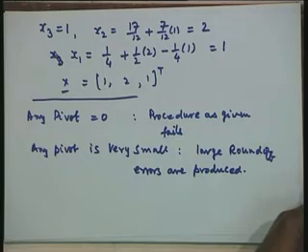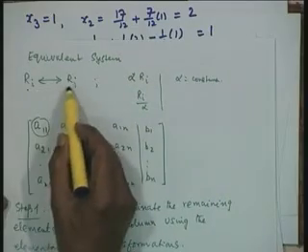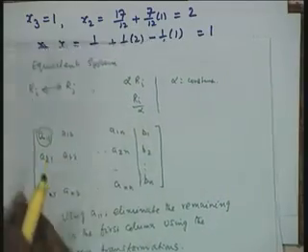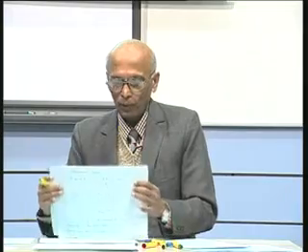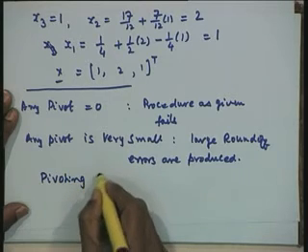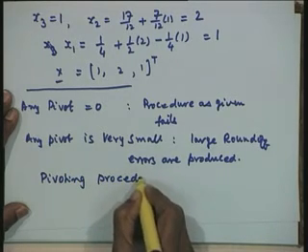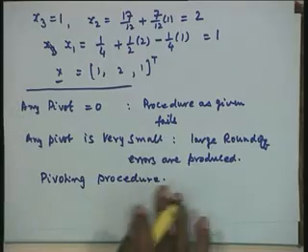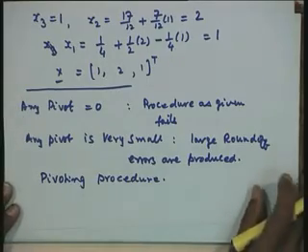Now, in fact, what the computer software does is that we shall go in and also use the other elementary row transformations, that is, interchange of rows. We shall call that the pivoting procedure. So, such a thing is called a pivoting procedure. I would just briefly explain and close it for today.